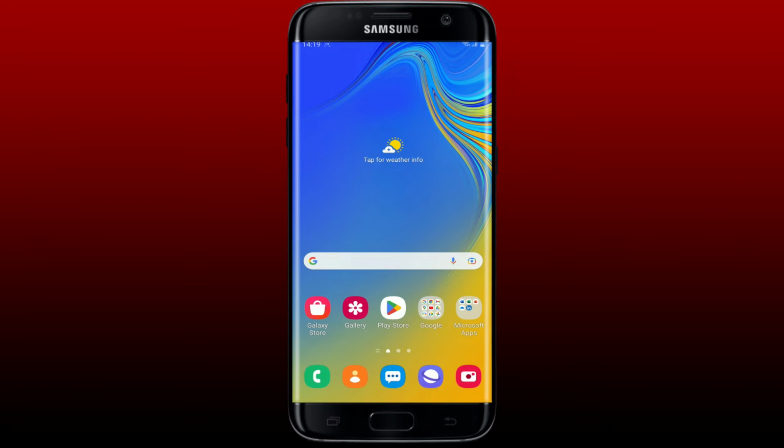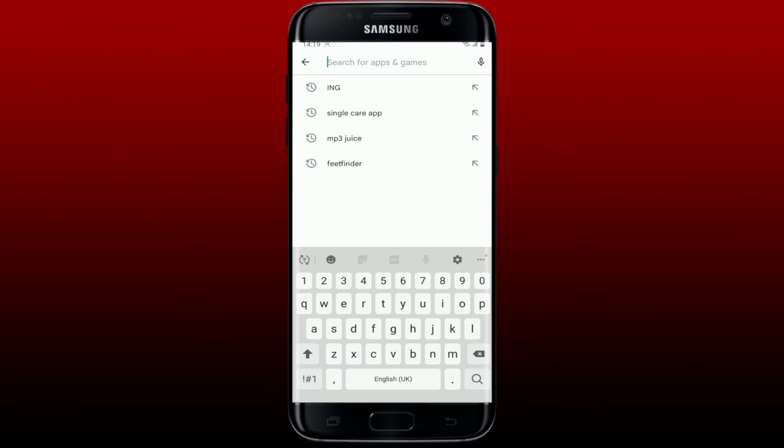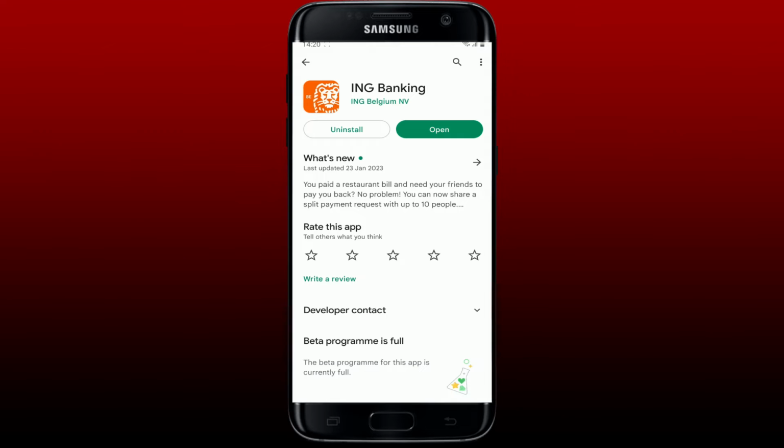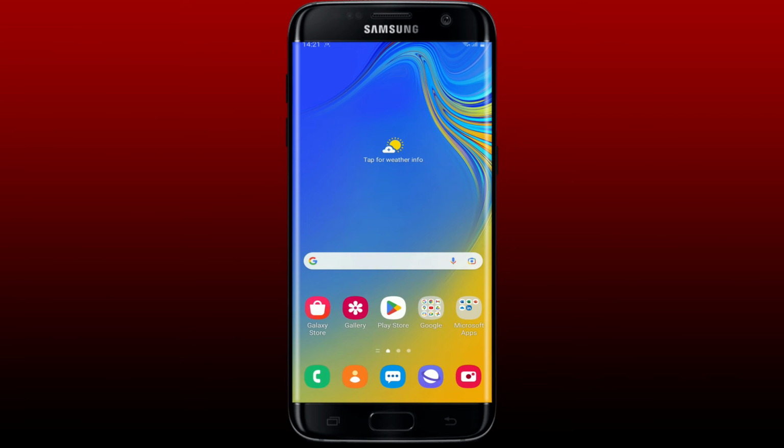for the application. Go and tap open your Play Store and in the search box, type in ING mobile and search. If there is an update available for your application, you'll be able to see the update button popping up right on this page. If you see an update button, give it a tap and update to the latest version of the application. Once you are done, the next thing to do is to check if your Android device software